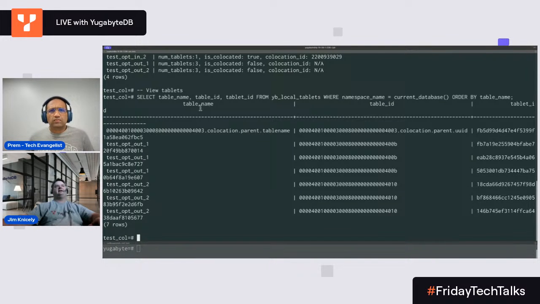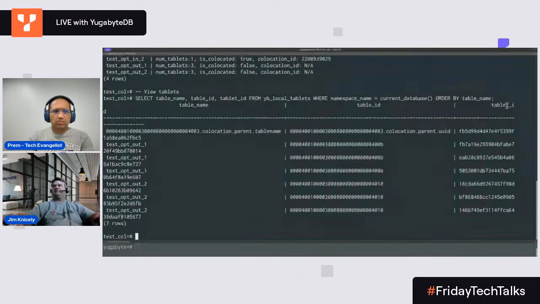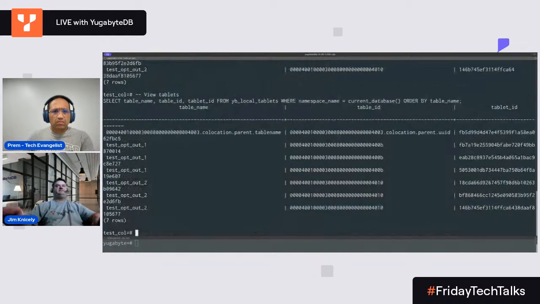So I get the table name, the table ID, and the tablet ID. This is super helpful, right? Before, if you have YBA, you can get that information really easily. But if you're using open source, now you can just get it right within. And I need that information because